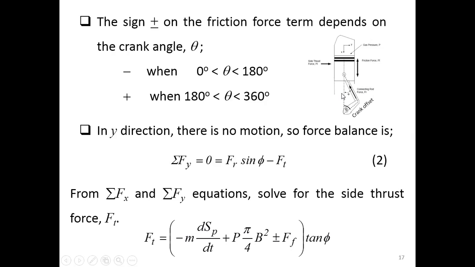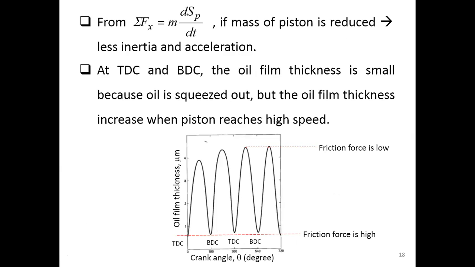Phi is this angle, the connecting rod angle that it makes with the vertical line here, the center line of the cylinder. Then you can determine the side touch force, and that means you can determine the connecting rod force here. Okay, so this is the force analysis in the piston. We have the side touch force, the connecting rod force, along with the friction and the